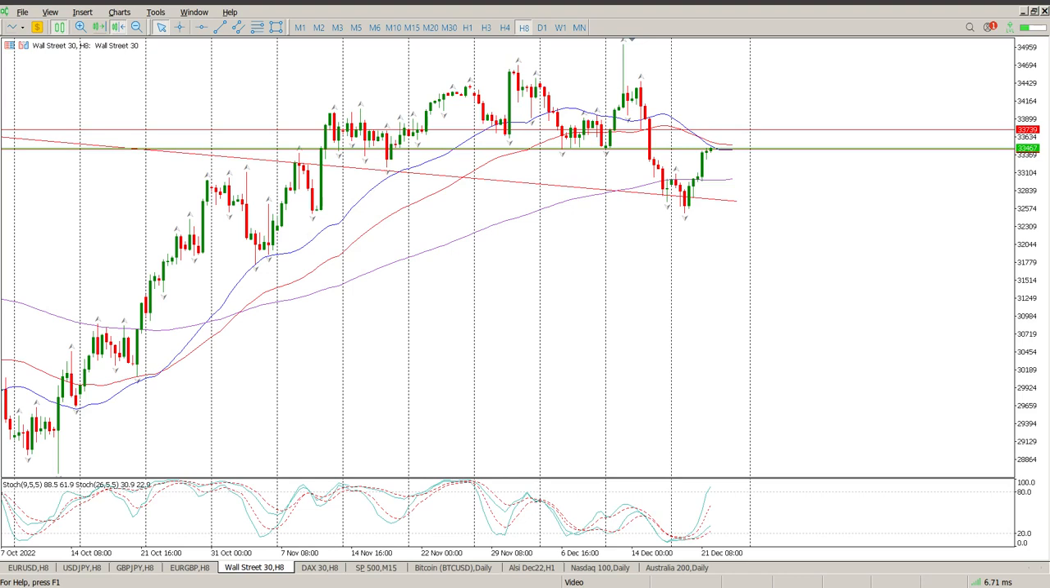As expected yesterday, we did a rally, and we're back in this zone that I am really interested in, and that zone is between 33,450 and 33,739. So on the 8 hour, we had a nice engulfing bar form, and I just want to get